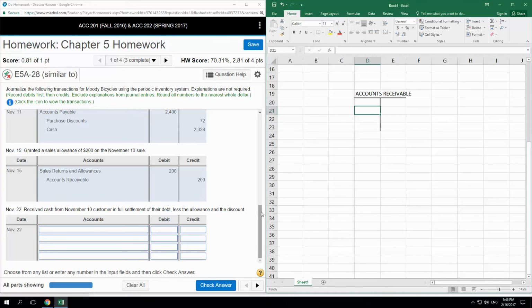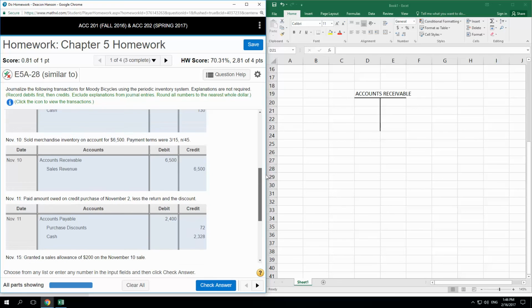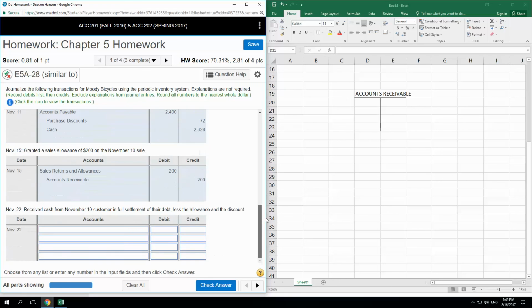Okay, so on November 10th, it went up by 6,500. Right, that was the November. Notice I'm accounts receivable now. I'm not accounts payable, so that's a debit balance, right? And then when we reduced it, we reduced it with a credit over here, 200. So that's November